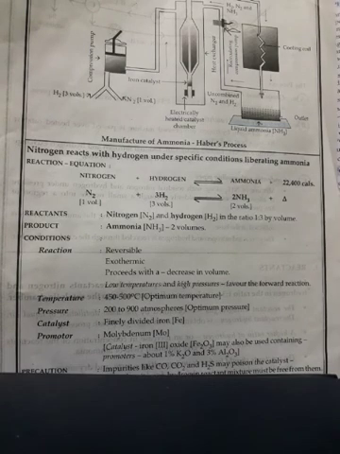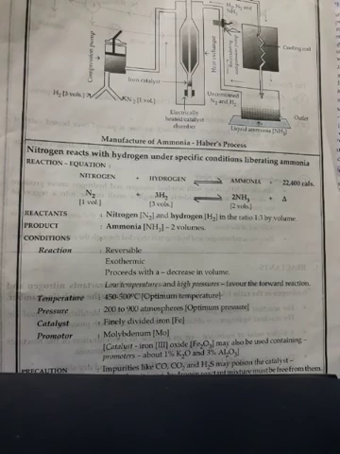So how to learn this complete process? By using flow chart. First you learn all these things what I told, learn the reactions, conditions and removal of ammonia. Then just see the flow chart also. You can open your book and see here compressor is there. Here what is the role of compressor? To increase the pressure of nitrogen and hydrogen. They are compressed to what pressure? 200 to 900 atmospheric pressure in the compressor only.